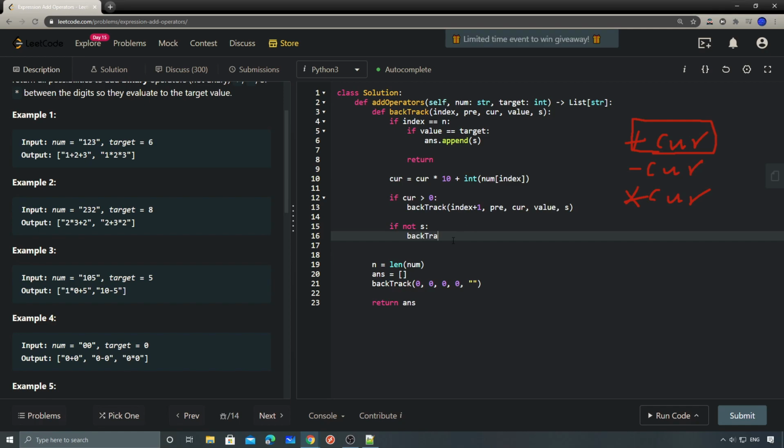Basically, if it's the first one, I do this: backtrack index plus 1. The current is the current, and the pre becomes the current, and the current becomes 0. The value will be value plus current, and the string will be the string plus current, because here I'm not including any operators since this number is the first number. Else